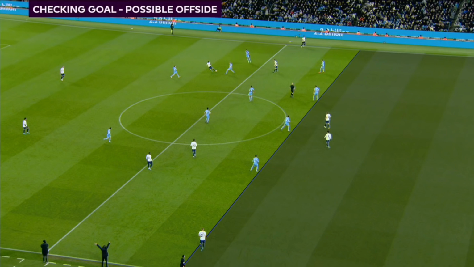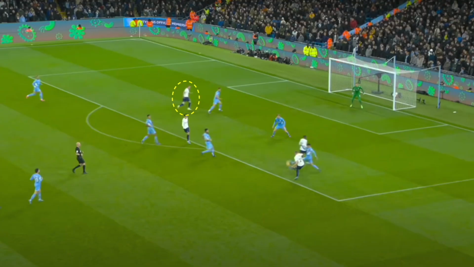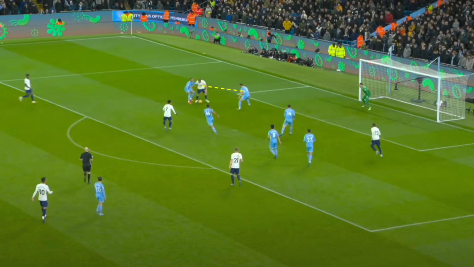Here you see Kulusevski, rather than moving into a narrower position, this time decides to hold his position high and wide. Davies sees the opportunity and plays a wonderful ball to release Kulusevski in behind Cancelo. Cancelo should do better to stop Kulusevski coming inside on his left foot, as his blocked shot falls to the feet of Harry Kane, and I think Ruben Dias will feel that he could have moved towards Kane a bit